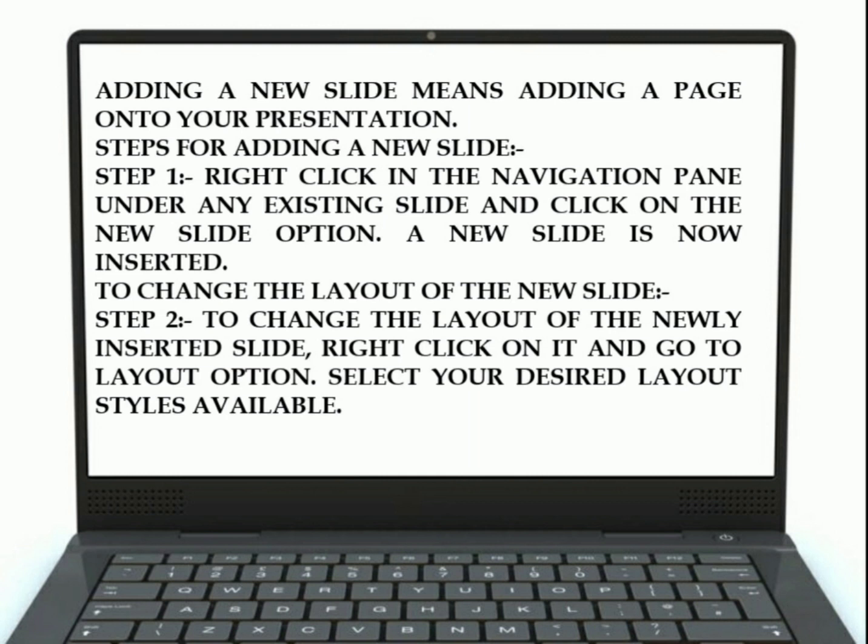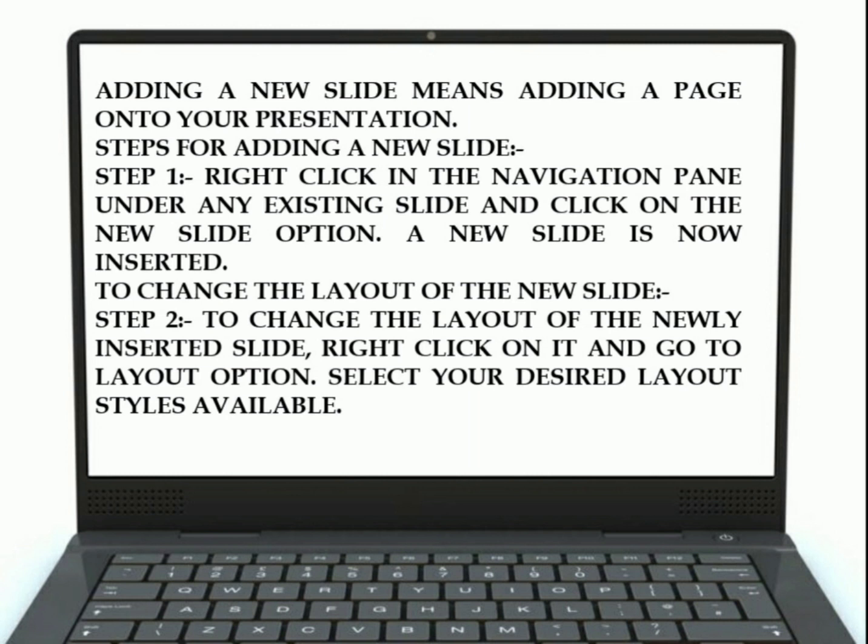Kids, to change the layout of the new slide, as we know that when we insert a new slide, it inherits the layout of its previous slide with one exception. If the layout of your previous slide is blank, then the new slide that you have inserted would be a blank layout.